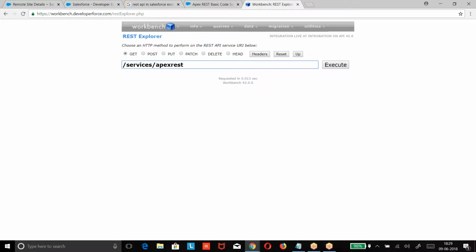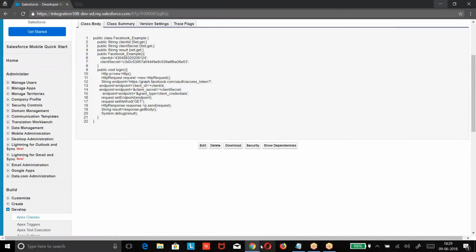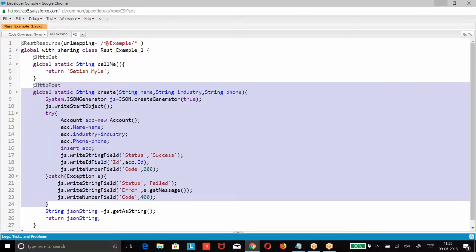If I want to give the URL, I have to give it like this: services/apexrest. What is before services? ap5.salesforce.com, because my system is in ap5. So ap5.salesforce.com/services/apexrest. What is the URL I have given here? My example.